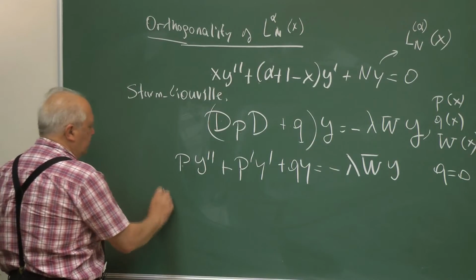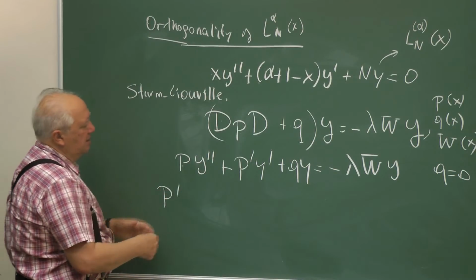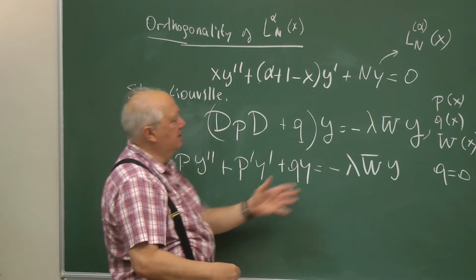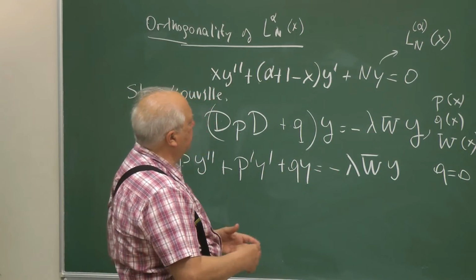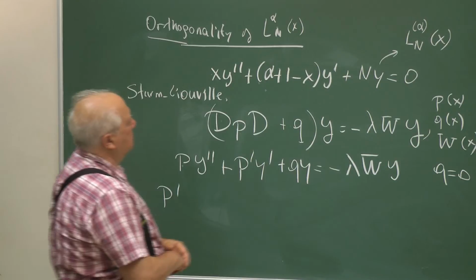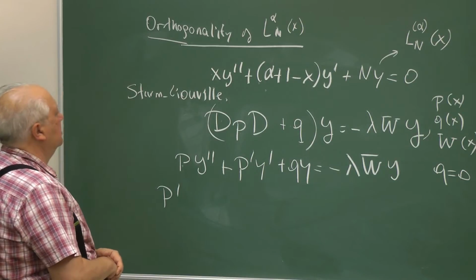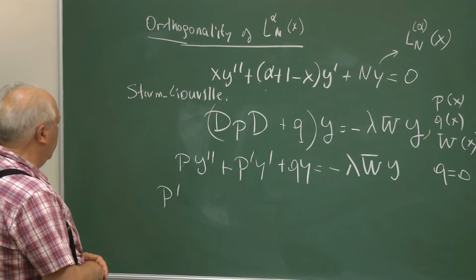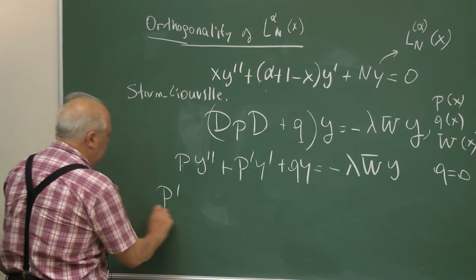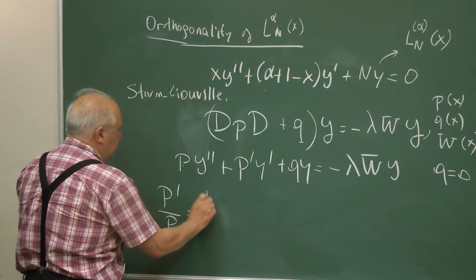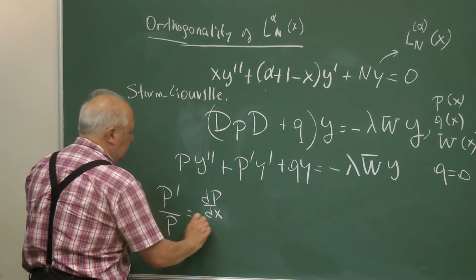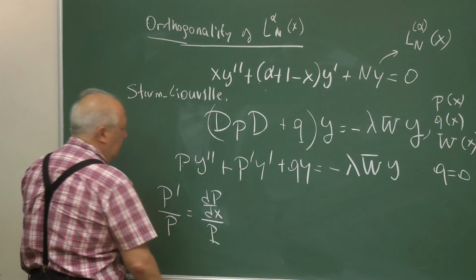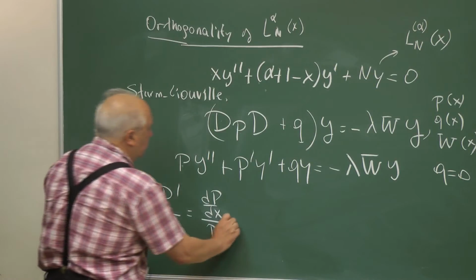I am trying to find the p, q, and w that are appropriate for this associated Laguerre differential equation. So p prime over p, which is dp dx divided by p,